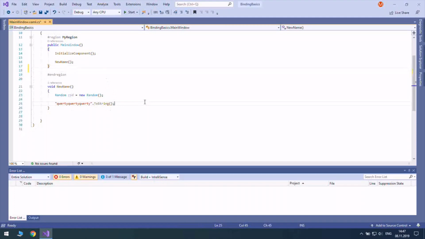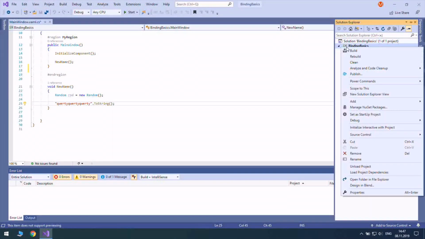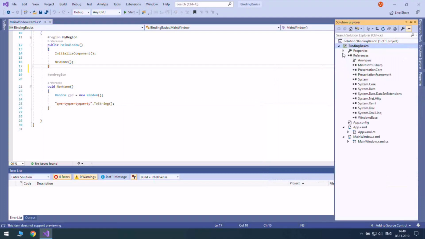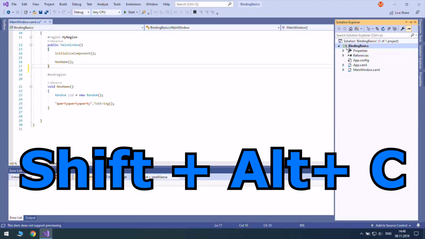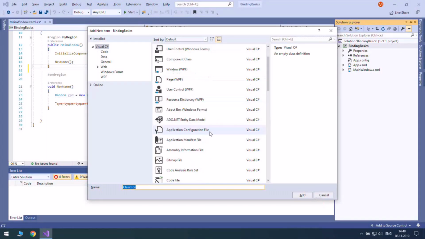So when you want to create a new file, you usually just press the right button of your mouse and select Add and New Item or Class, and here you see that class has its own shortcut, Shift-Alt-C. So just select where you want to create it and hold Shift, Alt and press C. And there you have your class. And I really like using it even if I don't want to create a class, because it instantly opens this window. And I can select whatever I want here.